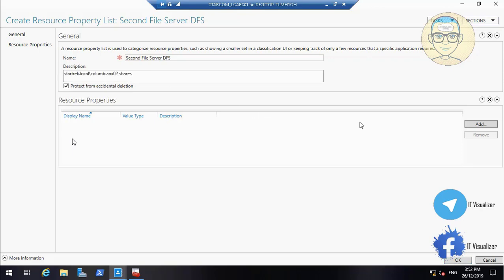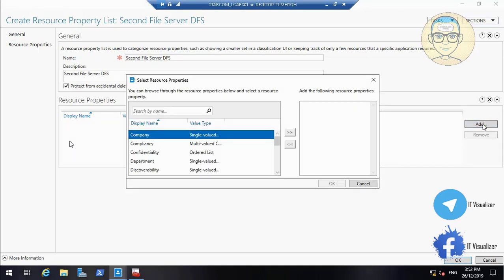Okay, and then start, sorry, add. Then we need to tell him the attributes that we needed to be copied from my first file server to my second file server, or the classifications we needed to be imported or to be copied from my first file server to my second file server. Okay,